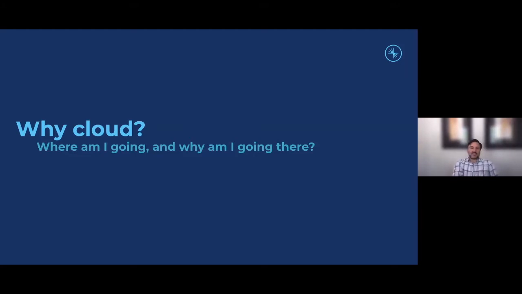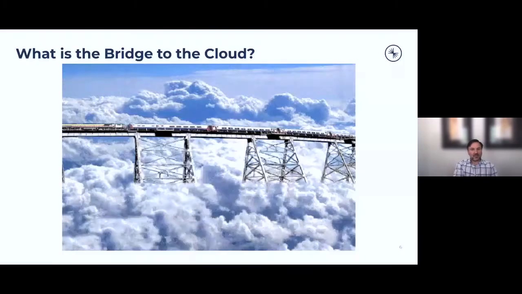Absolutely. All right, so let's start with the most generic, the 100 level question: why cloud? So what is the advantage in going to the cloud? And specifically, why do I need a bridge, right? So when agencies look at going to the cloud, I've seen over the last 18 months or so just a dramatic acceleration in agencies who are ready to start adopting the cloud. For many years it was, yeah, we'll get there eventually, but for whatever reason, there's been a really heightened interest in moving solutions to the cloud.